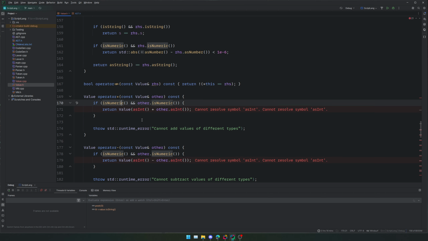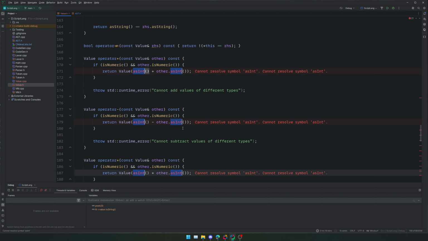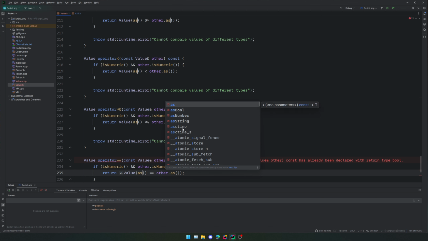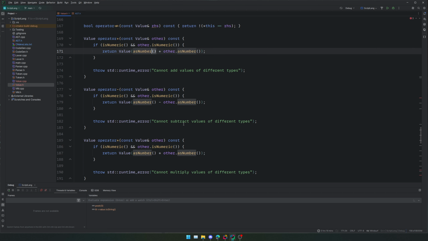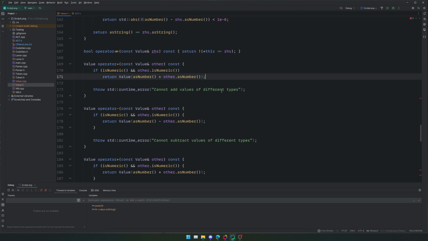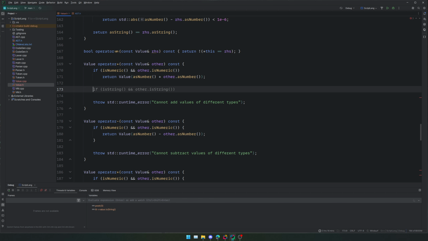And then basically all we have to do is, rather than as int, we just do as number. So this will handle quite a few things for us already. And then we'll handle